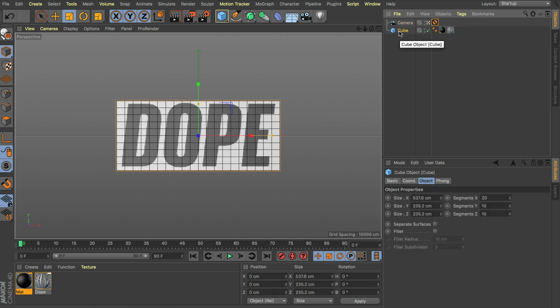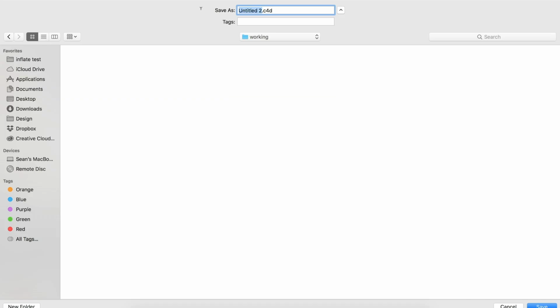Now in the reference animation, it was kept very simple, and that's exactly what we're going to try and do here. We're going to do some simple keyframe animation and then just enhance it using some of the deformers that Cinema 4D offers. I'm going to save this for now.